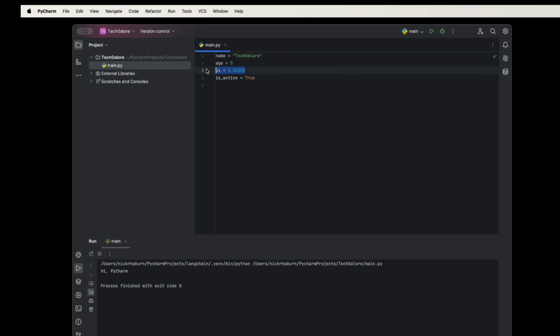We have pi equal to 3.14159. This is an example of a float. A float is a number that includes a decimal point. For example, 3.14159, and it's assigned to the variable pi. Floats are used to represent numbers that require precision beyond whole numbers, such as measurements, currency, or even mathematical constants